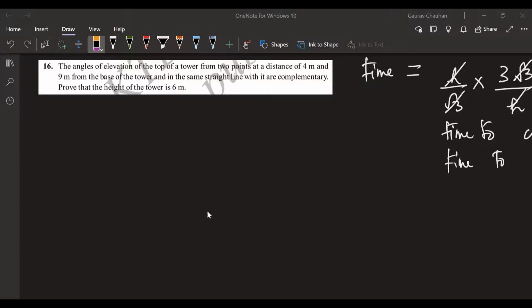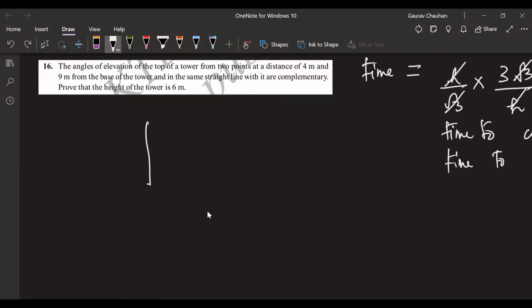All right, so let's read the question, all of us. Angles of elevation of top of a tower from 2 points, distance also they're given, of both the points in the same straight line. Again, why they're saying same straight line, just like in the ship case, they told one behind the other. They're saying the two angles of elevation are complementary. Prove that the height of the tower is 6 meters. They could have asked find the height of the tower also, but they've given you that. Let's draw a diagram.